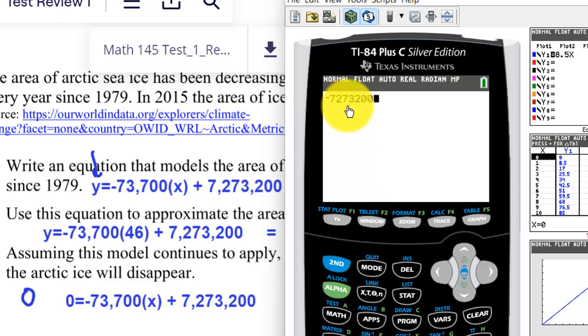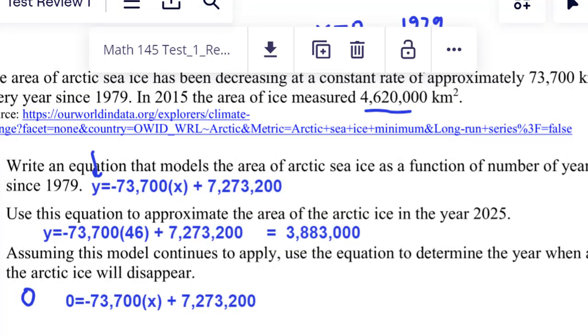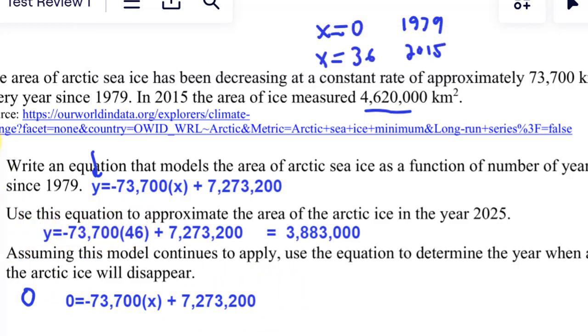All right, let's double check. And we would divide that by negative 73,700. Right? And I get 98 point, we'll call that 98.7, when we solve this equation. So you would get x equals